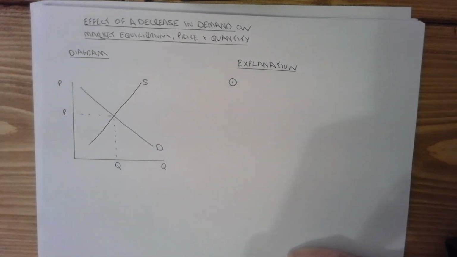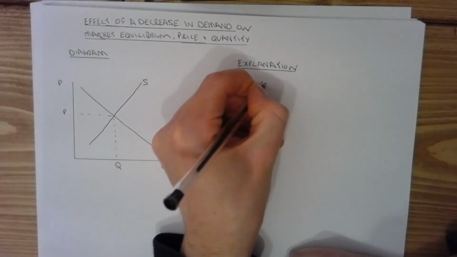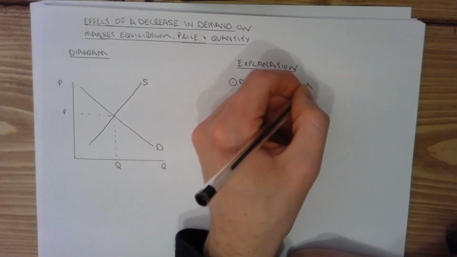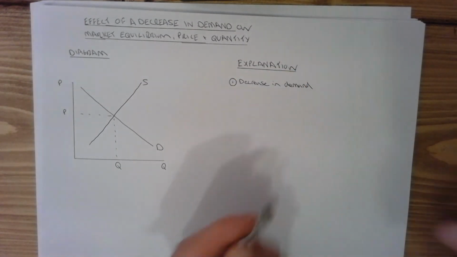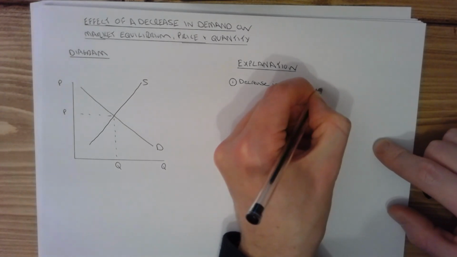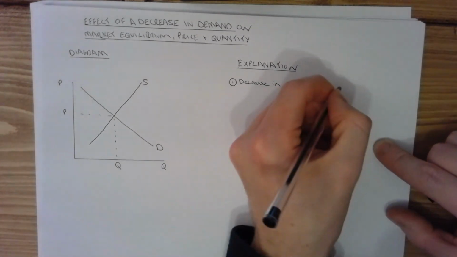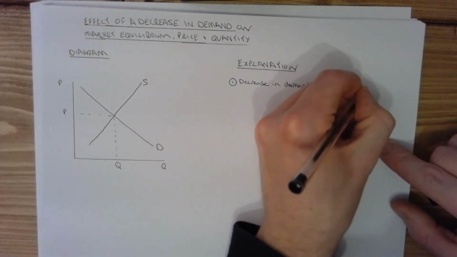First thing that's going to happen is we have a decrease in demand, and there are many factors that could lead to this decrease in demand. In a previous video I covered them in more detail, but I'm just going to give an example here. So an example could be that there is a fall in the price